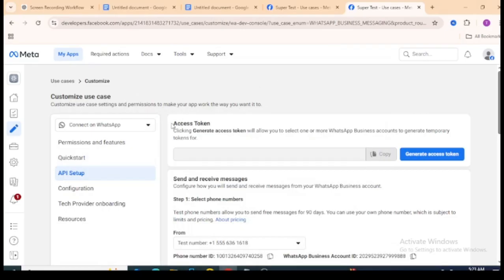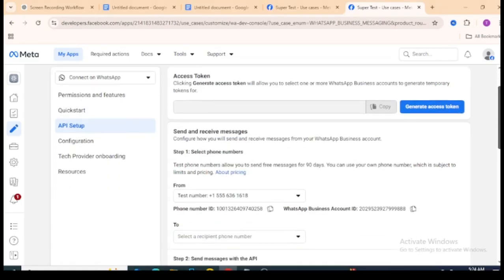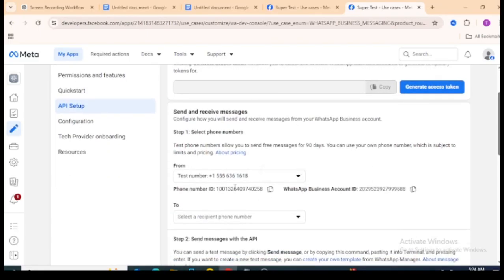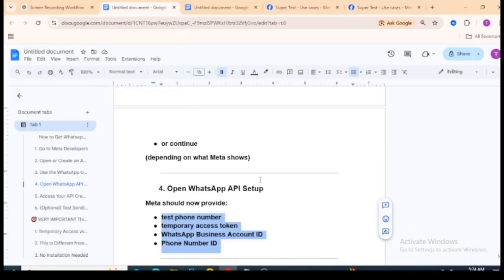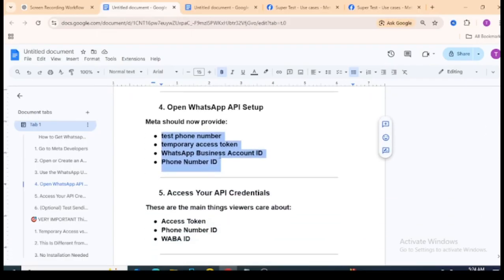So you see where it says access token. Okay, access token right here, and then you see where it says phone number ID and WhatsApp business ID. Okay, now one thing you should know is that you see these things right here, the test phone number, the temporary access token we talked about, and then the WhatsApp business API and all of this, right? So the IDs that they showed,